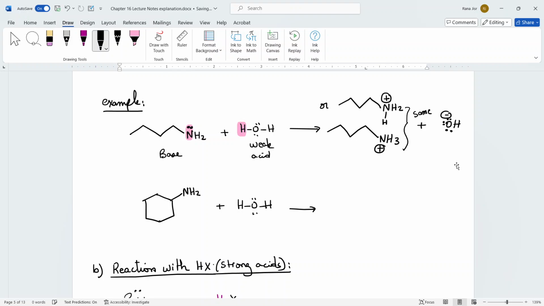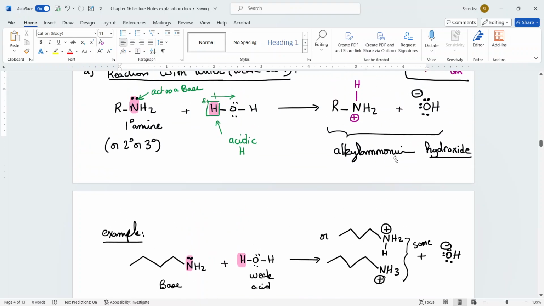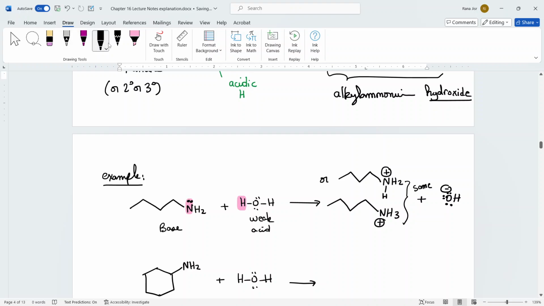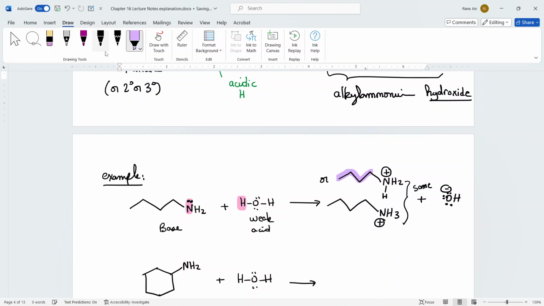If I want to go ahead and name this ammonium salt, it is an ammonium salt. Why is it a salt? A salt is a term that we normally give for a compound that has positive and negative charges. So it's like an ACl, okay? So the name for this one, I'm going to follow the same rules whenever I want to name this. I'm going to name the alkyl first, and then I'm going to put the ammonium and the hydroxide. For the alkyl part, for this molecule here, it does have 1, 2, 3, and 4 carbons.